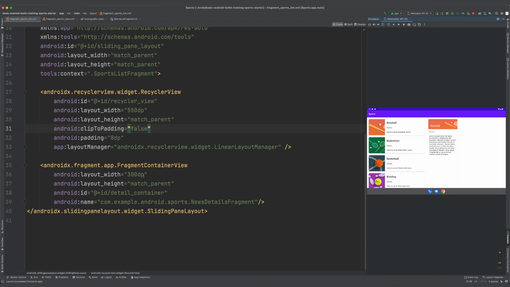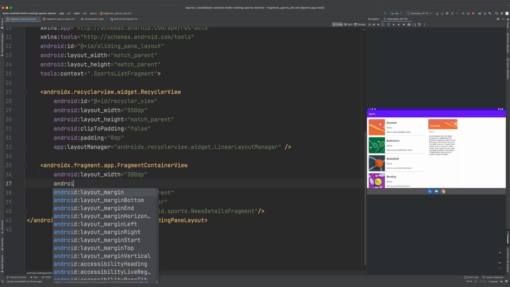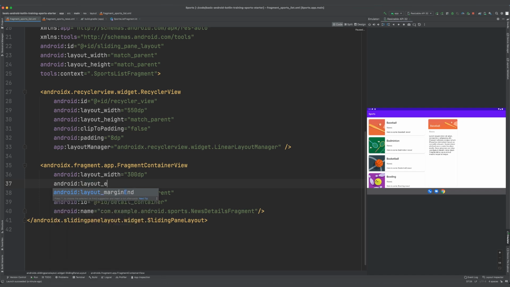In our fragment container view, we are going to specify a new layout weight, and we're going to specify that as 1. If we do that and then redeploy it, it should work. For views that don't overlap and are side by side, sliding pane layout supports the use of layout weight on the child view to determine how to divide the leftover space after the measurements are complete.